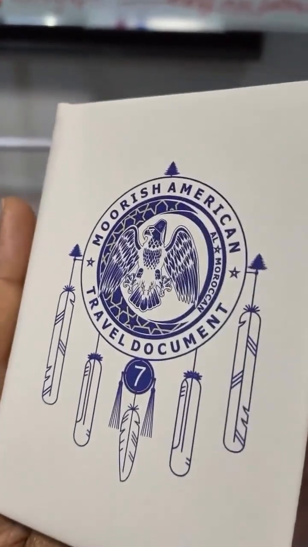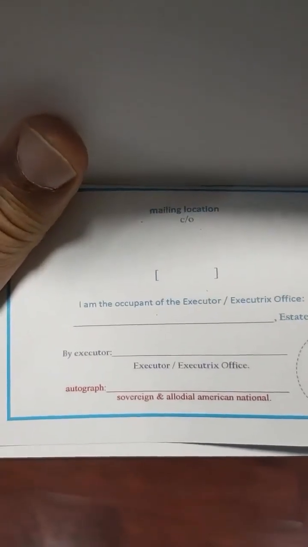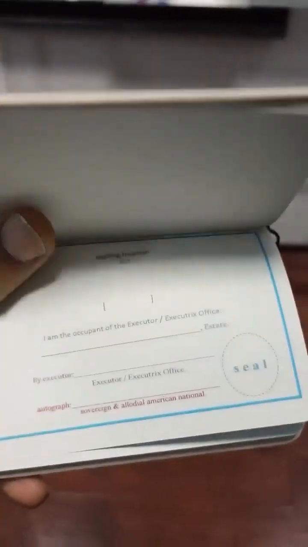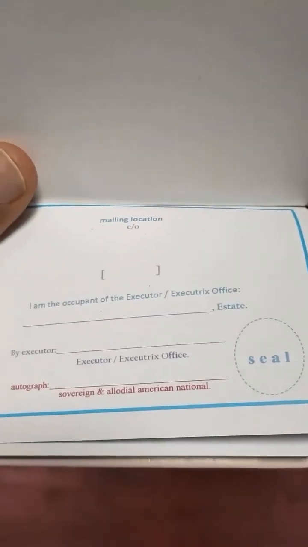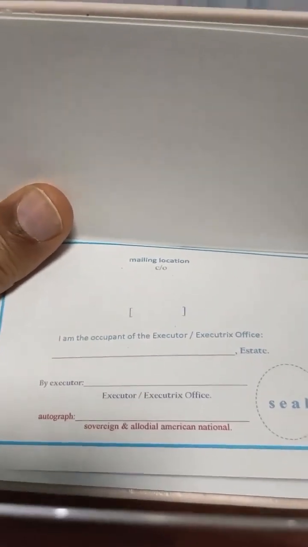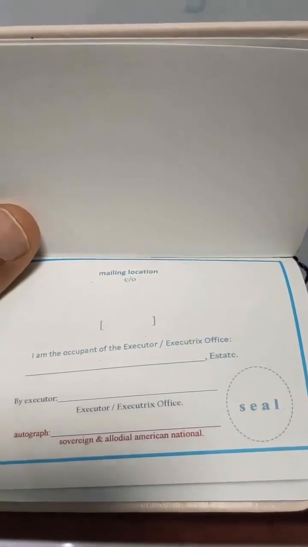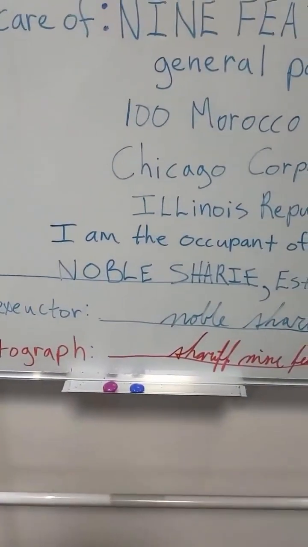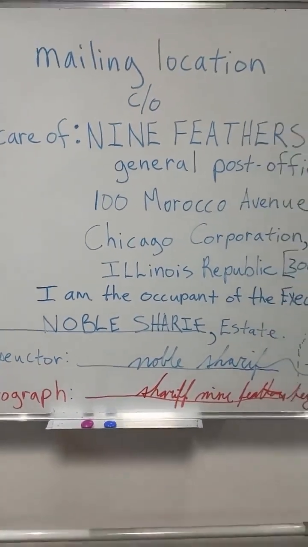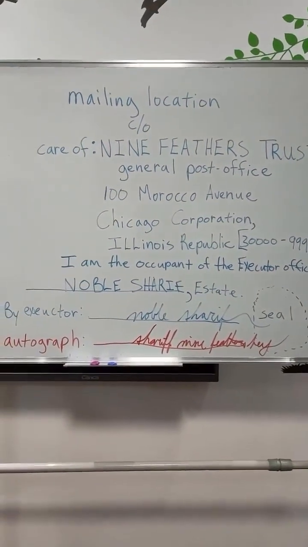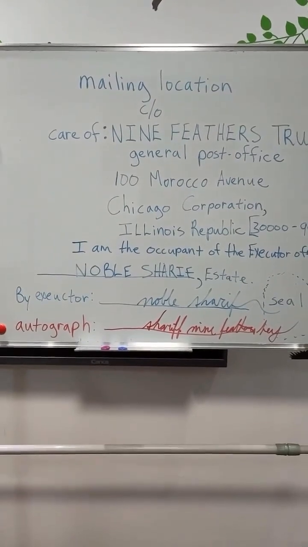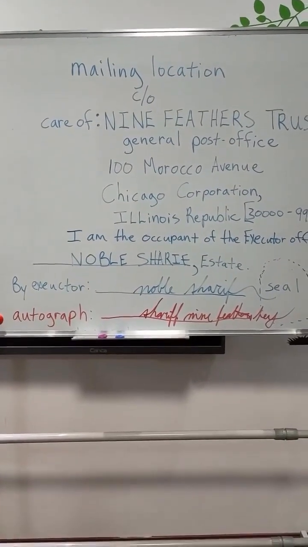And this whiteboard lesson is going to go over the estate page that I have behind the ID page of the Moorish American Travel Document. So everyone is clear, I've gone over this several times over the last year and a half since I first created the travel document. And what you're looking at, at the top of the page,